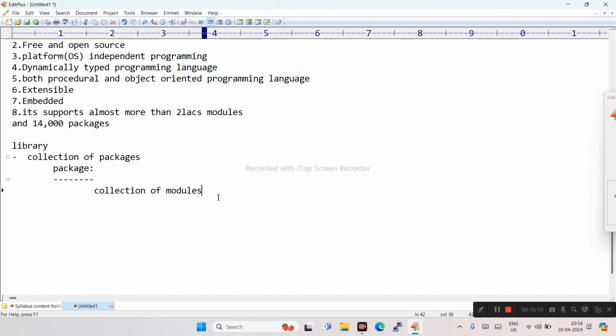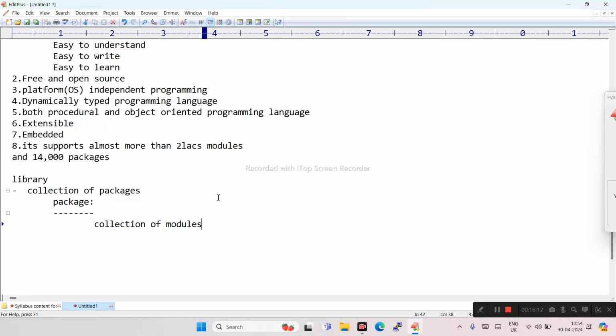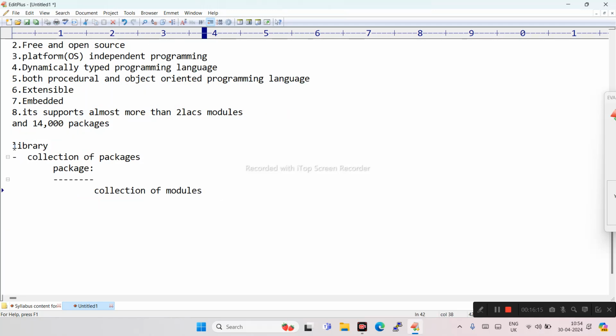We will cover all these in the upcoming sessions, but this is the basic understanding of what a library, a package, and a module are. If you take any programming language, these terms are common. If you have learned any programming language before, you may already be aware of these words.